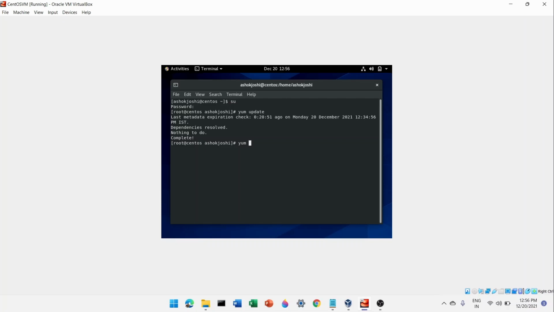Write yum install tar bzip2 kernel-devel kernel-headers, and by the way, these commands are given in the description box below, gcc make elfutils libelf-devel.